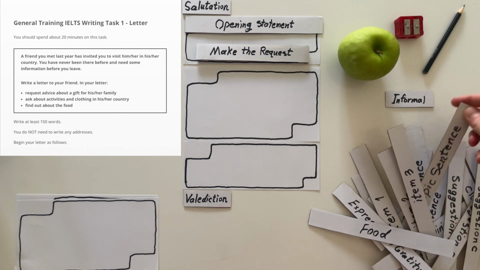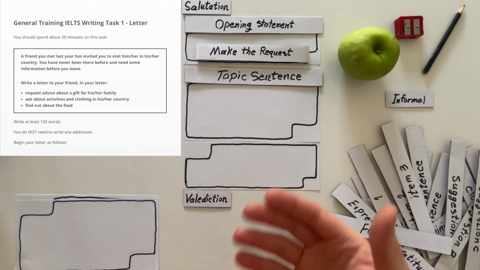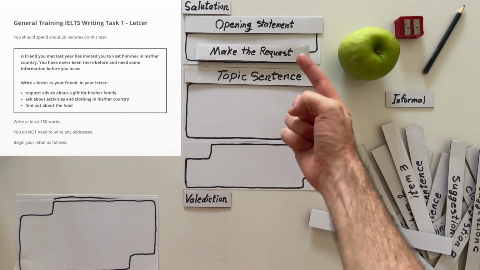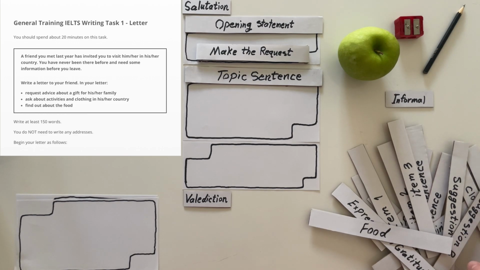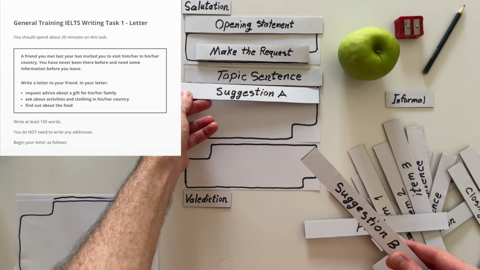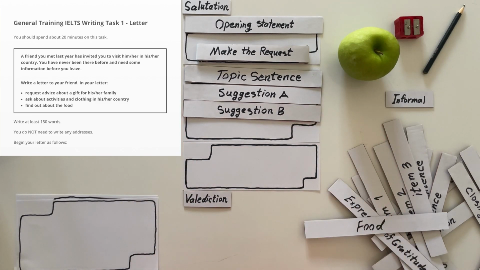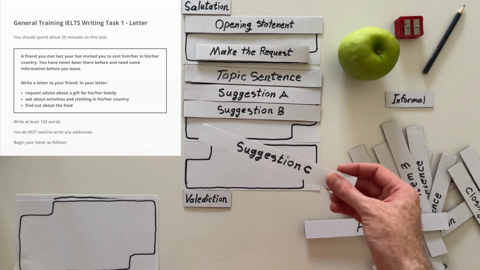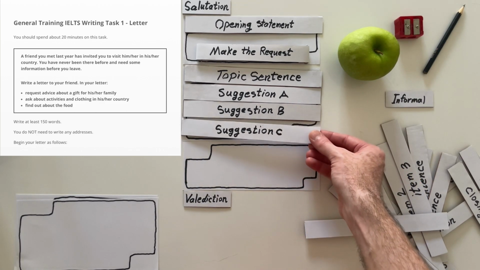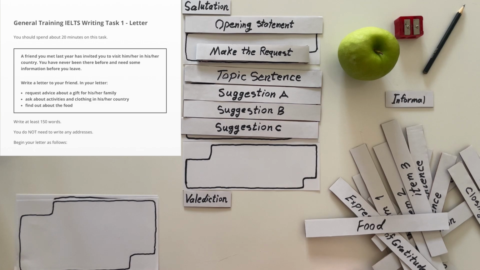There you go. So what happens here? Now, if you wish to get a higher score, once you make the request here, and that will be just one sentence, you can come up with some suggestions. You can say that I can bring this for your parents, for your mother I can bring this, and for your father I can bring this. And if Joanne has sisters, brothers, you can also add this as extra information, because the IELTS rubric is not limiting us just to parents. We have family.